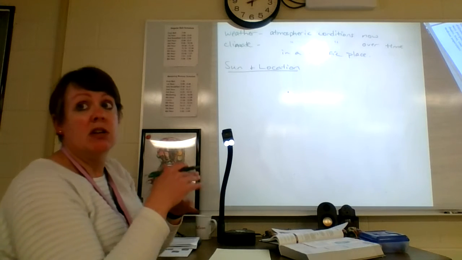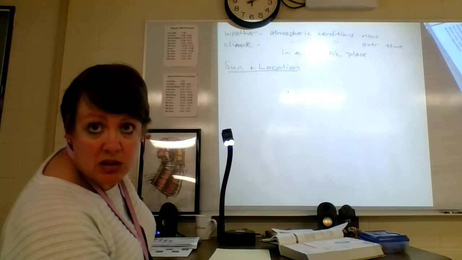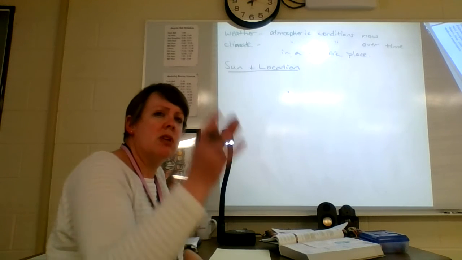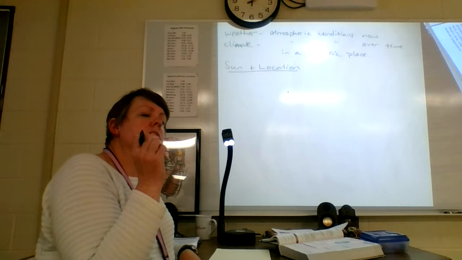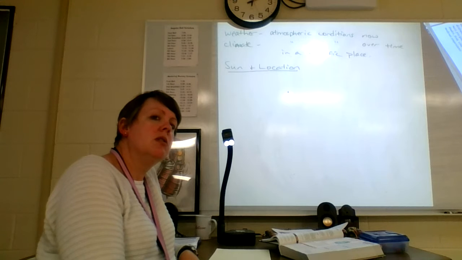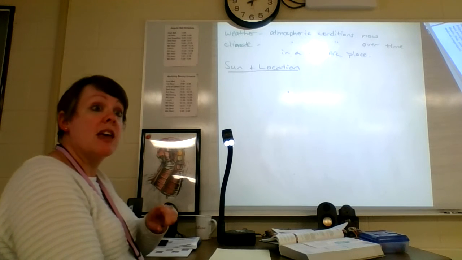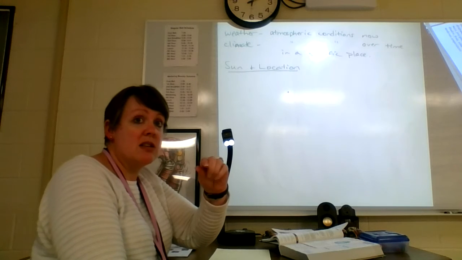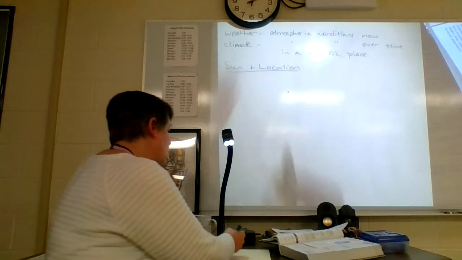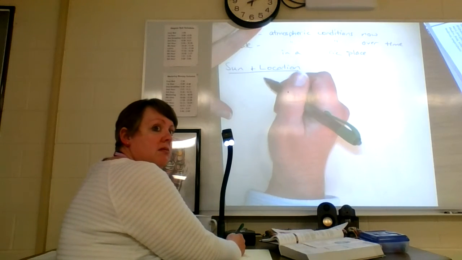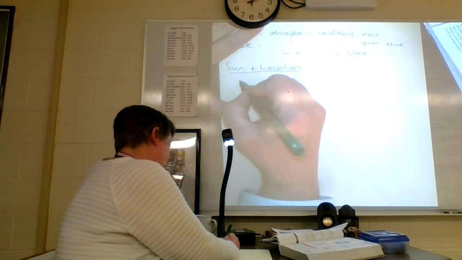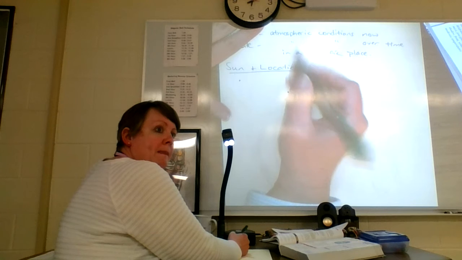Okay, so let's time out. So sun and location. What could we maybe possibly write down? Changes the seasons. Okay, we could. Different locations receive different amounts of sun. Yeah, I think that's the biggest part. And the reason is because of what? The tilt. The tilt, rotation, which creates the seasons. Okay, so how would we write that? We want to write a long paragraph or? No. Okay. I would put one bullet point sentence, and then say